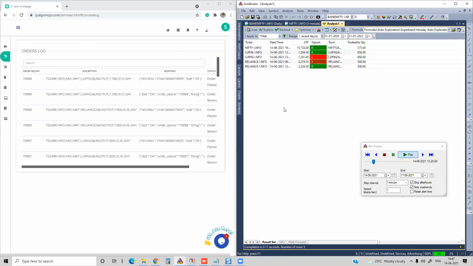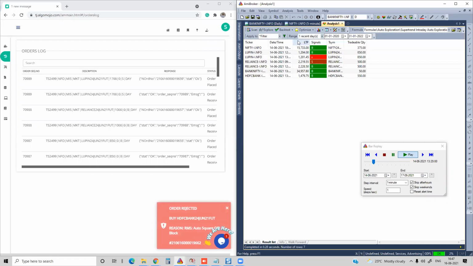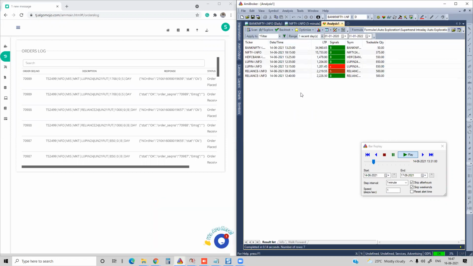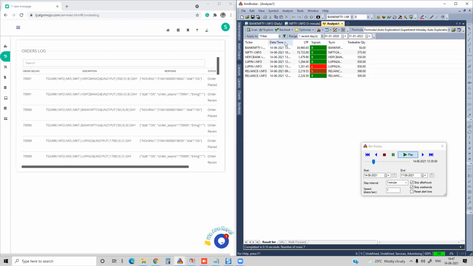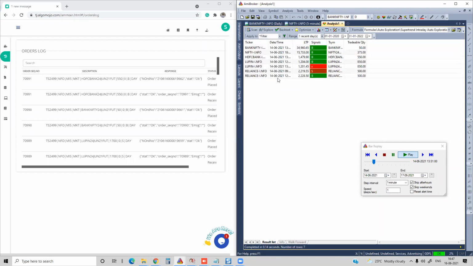The buy signal which happened around 12 o'clock got exited around 1 o'clock. Again, one more buy happened. You can also sort by time, and you can check which signal happened up here. Or if you want auto sort, that is also possible. In AmiBroker, there is a formula for that, SetSortColumns. There is a function to do that. You can go and sort by date and time.